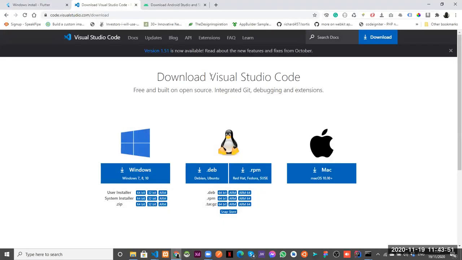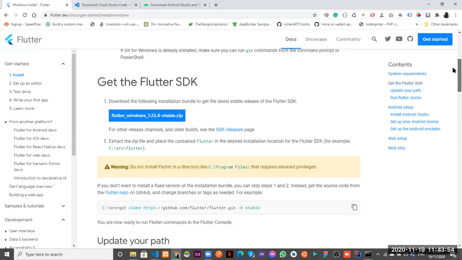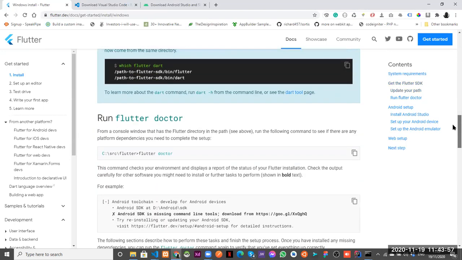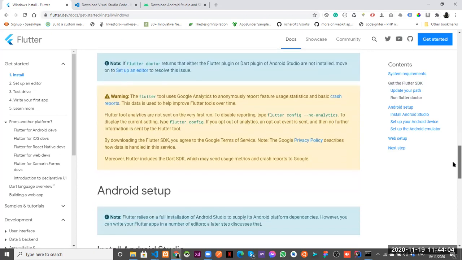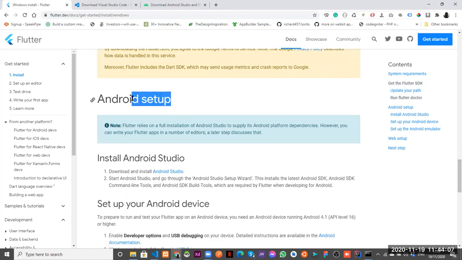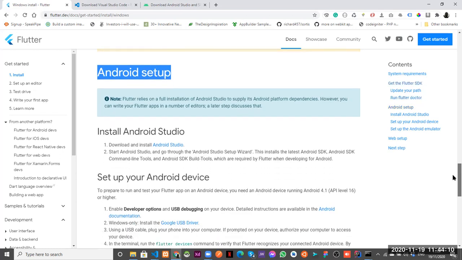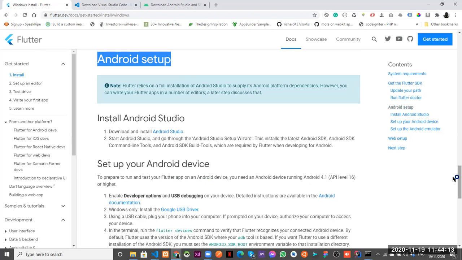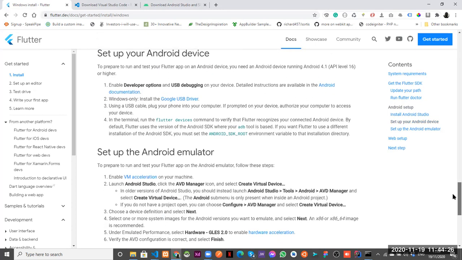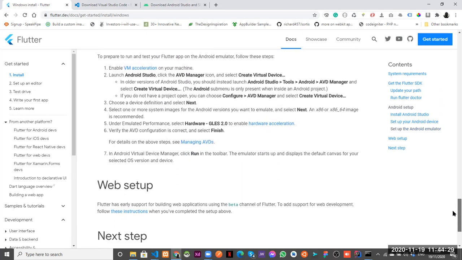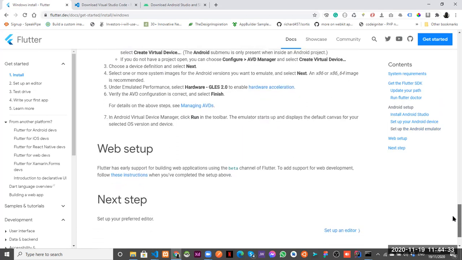So let me go back to the Flutter website. Scroll back to the bottom, and now we have run this command, flutter doctor. And let's go down to how to. We have also set up Android Studio. We have downloaded it. By the way, I just tried to summarize the things, but you can always go slowly through this documentation so that you can refer to it. This is something you need to read on your own, and if you hit a problem, I'll be there to help. So now we have installed